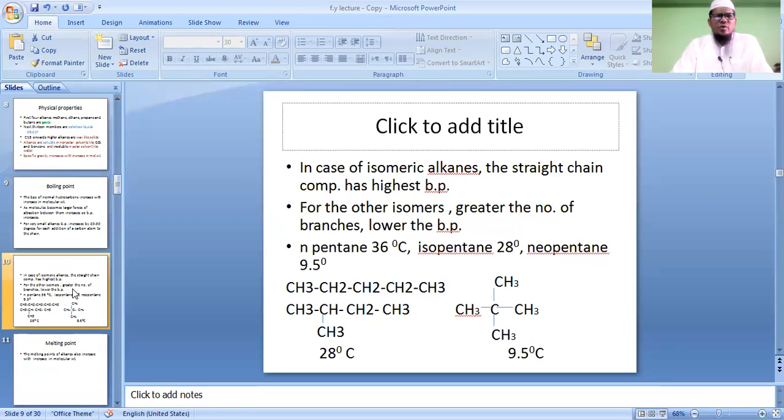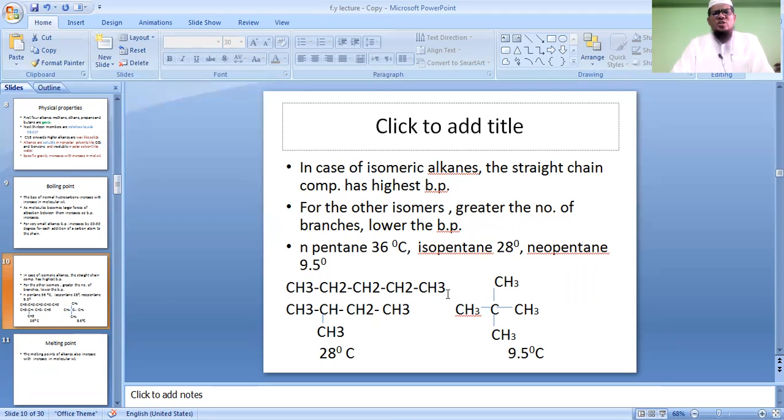ठीक है, नेक्स्ट बॉइलिंग पॉइंट। इन केस ऑफ आइसोमेरिक अल्केन्स द स्ट्रेट चेन कंपाउंड हैज द हाईएस्ट बॉइलिंग पॉइंट। आइसोमेरिक अल्केन्स, अल्केन के जो आइसोमर्स हैं इसमें अगर हम देखते हैं तो ऐसे अल्केन जिसके अंदर में स्ट्रेट चेन है इनका बॉइलिंग पॉइंट हाईएस्ट है। जैसा हम देखते हैं एन पेंटेन, ये है एन पेंटेन का स्ट्रक्चर, 5 कार्बन एटम दे आर